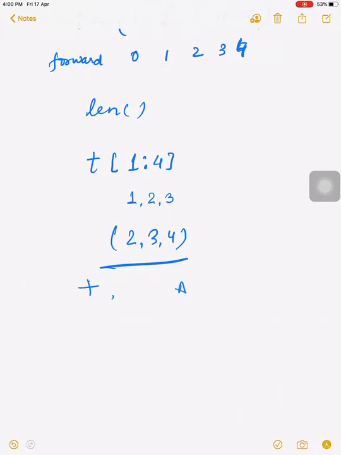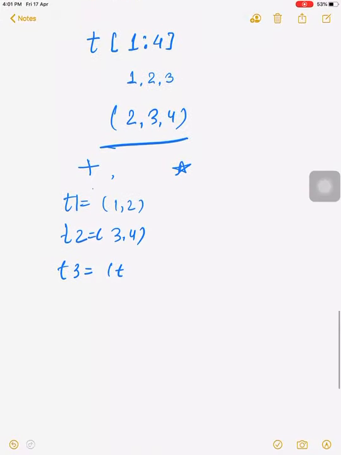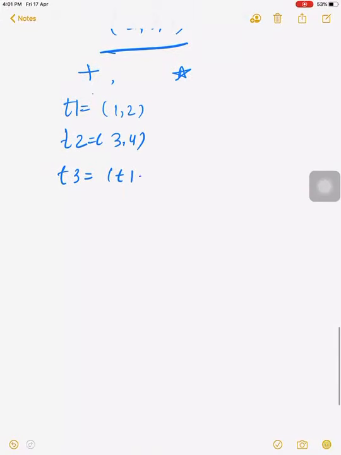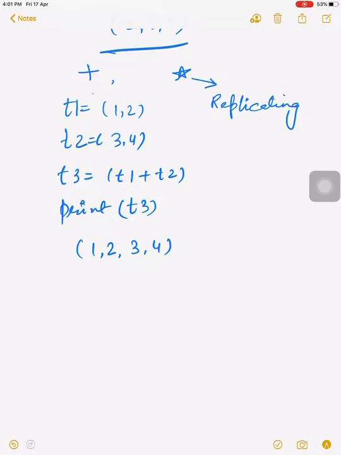Now we'll discuss the two types of operators we use with tuples. One is plus and another one is multiply. The function of plus is to concatenate two different tuples. If we have T1 = (1, 2) and T2 = (3, 4), and we write T3 = T1 + T2, and whenever we print T3, the output will be 1 2 3 4, the same as with a list.